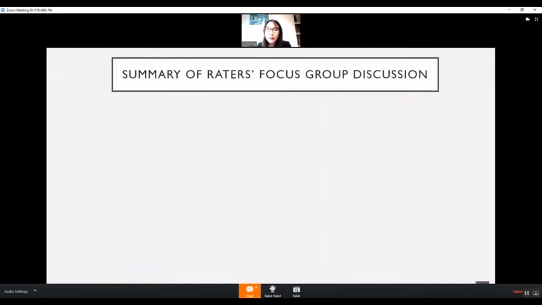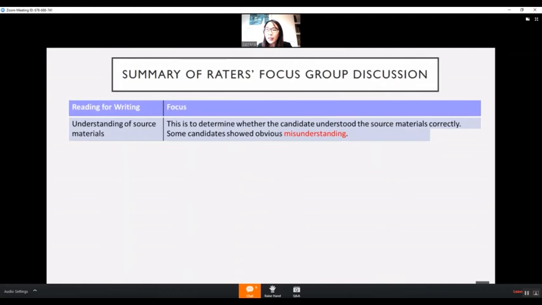I myself find this exercise very useful in the process of developing rating scales. So for example, in the example of ISE, we asked a group of raters to sit down to discuss their understanding of each of the criteria. By summarizing their discussion, we were able to better define the different descriptors, because sometimes when you develop rating scales,